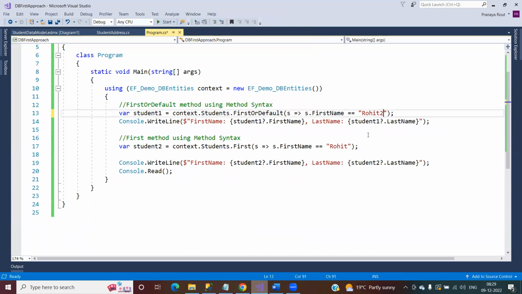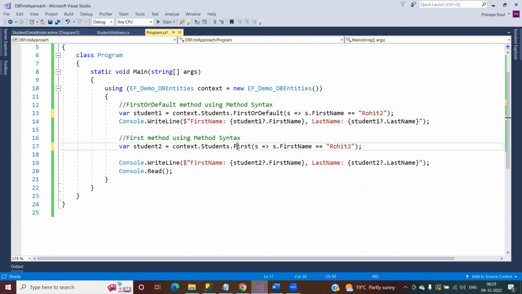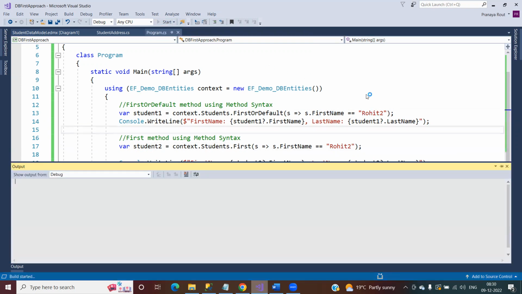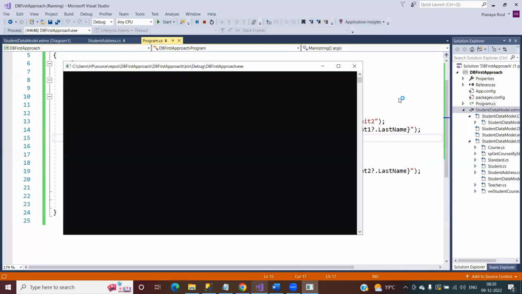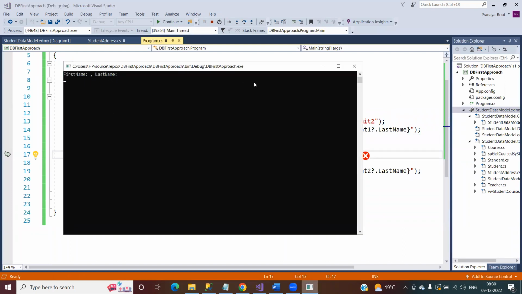In this case, if you use Rohit 2, there is no student whose name is that, so FirstOrDefault will set the default value. It will not give any kind of runtime error. But with First, as there is no employee with the first name Rohit 2, it is going to throw a runtime exception. Now let me run the application and see which method is throwing the runtime exception. You can see first name and last name are empty